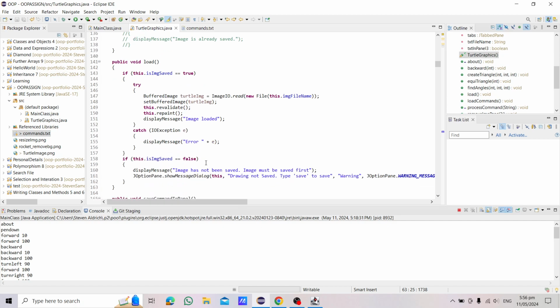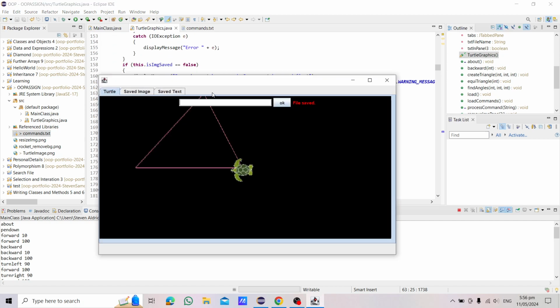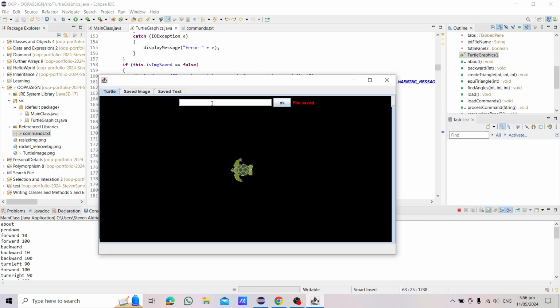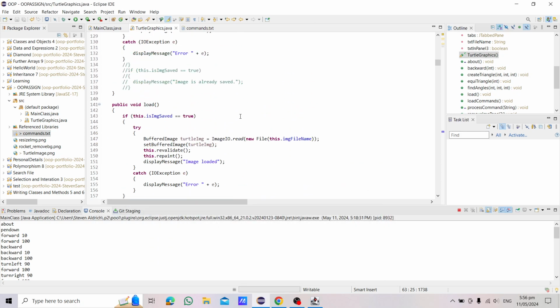And I guess another one is we have a rocket. So clear this and type rocket. It changed the turtle into a rocket. And if you go forward 100, unfortunately the line is not in the center, so I don't know how to fix that. So how we did that was,